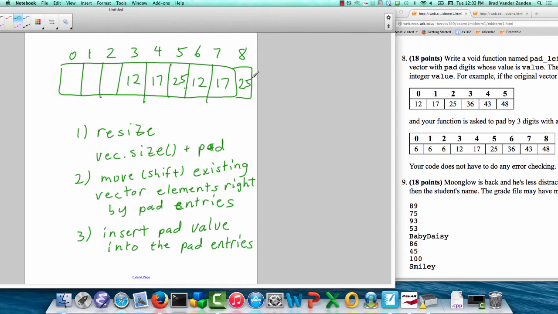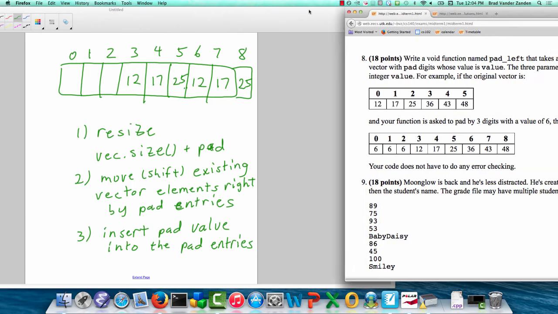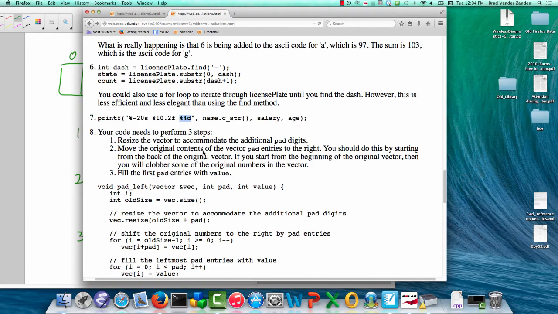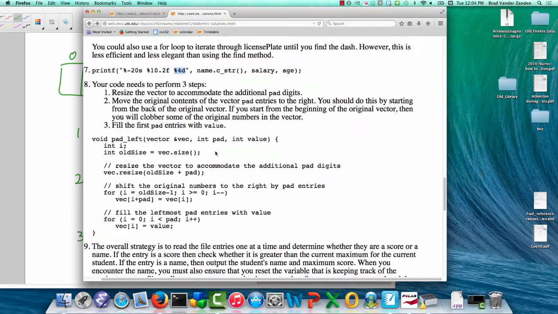You have to remember this trick that when you're trying to shift elements in a vector, if you're right-shifting, you're going to have to start from the back. If you were left-shifting, you would in fact start from the left side, but we were right-shifting here. So if we look at the code for this, you can see that